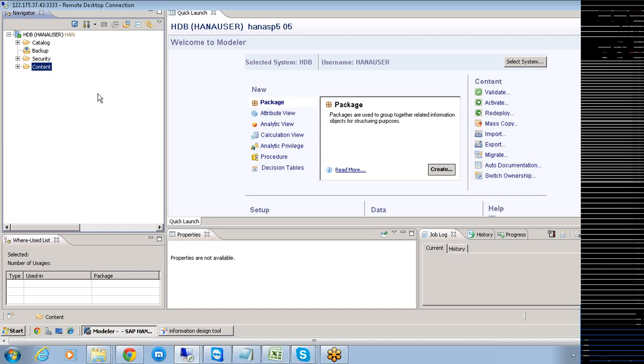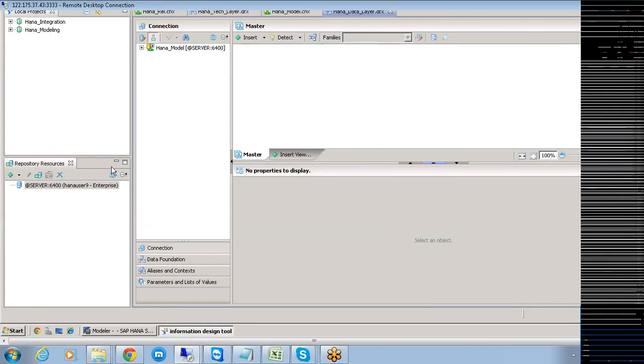For this purpose, the option lies in doing it with respect to HANA Studio, or else doing the same in Business Objects. In Business Objects, generally what we do is that we start working with the information design tool for the purpose of creating these models. This is the basic brief introduction that you need to have before we start working on this IDT.